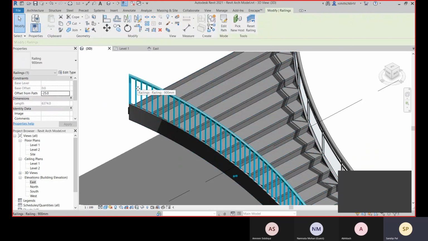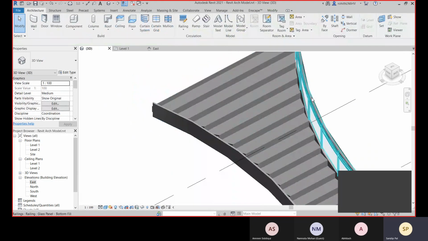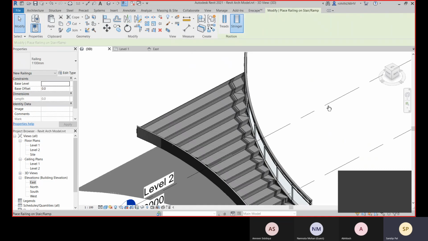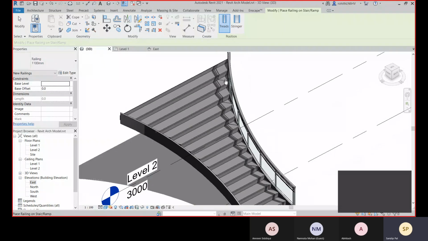Suppose this is deleted, and you can go with this railing. The railing you will be placing on the stair, so go with this place on stair or ramp. Then it will be placed on tread, not on stringer. So let's go with this, and you select this. You see, because there is one railing there already, you cannot place another.